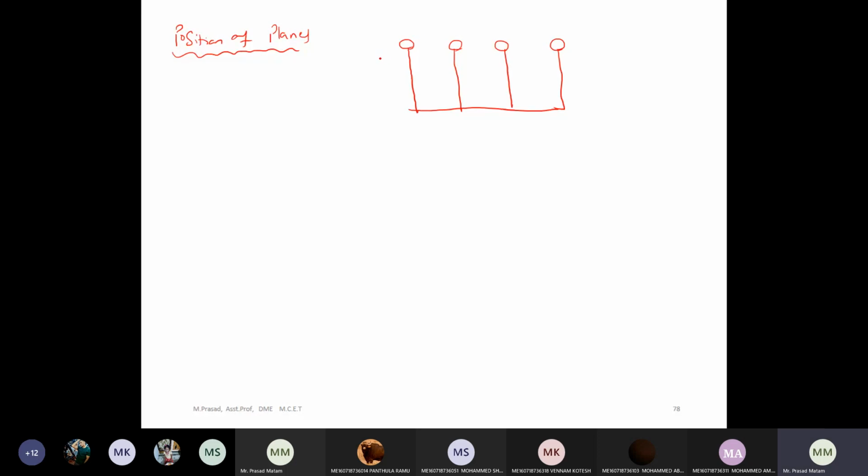This is for plane A. I'm writing here. Plane B, C, and D. Now let us note down the distance between A, B, C, and D. So in this previous problem, already I have read the distance between the planes. What they have given, the axial distance between the plane A and B is 100 mm, and B and C is 200 mm. They have given in this problem. The distance between the planes A and B is 100 mm, and B and C is 200 mm. They have given.